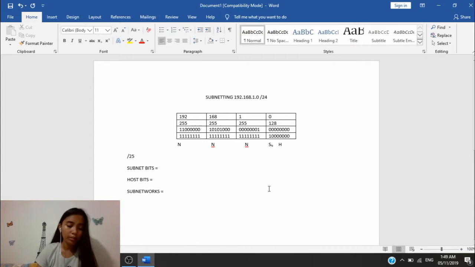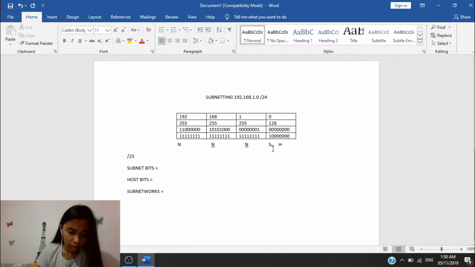Starting from 24, now we have borrowed 1 bit from the host portion. This is the host portion, and we call this 1 bit a subnet bit,